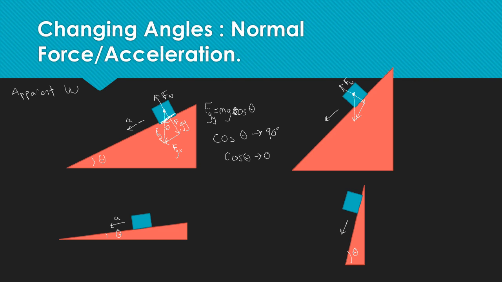Okay. So, sorry, mess up there. As theta increases, the force normal must decrease. I'm just going to draw an arrow down, must go down. That means that apparent weight is going down because apparent weight is always based off force normal. But it also means that as theta goes up, the acceleration is going to increase because we're losing more